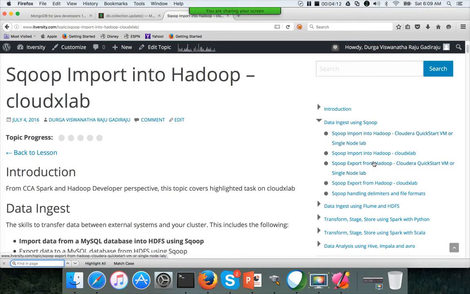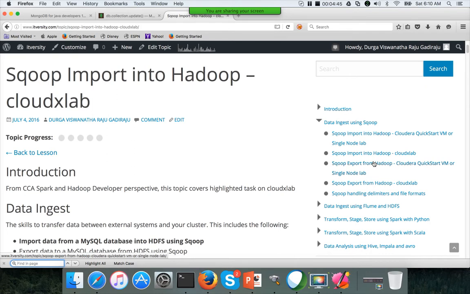Scoop import is used to connect to the source database and load data into HDFS, and Scoop export is used to connect to HDFS, read data from HDFS and write into databases using JDBC. When it comes to Scoop import, as it connects to traditional relational databases, we can issue queries and run whatever query we want.